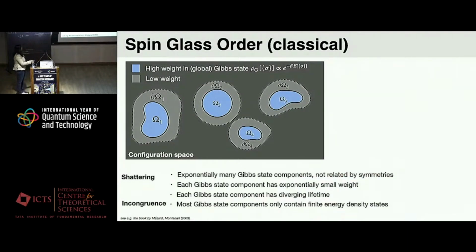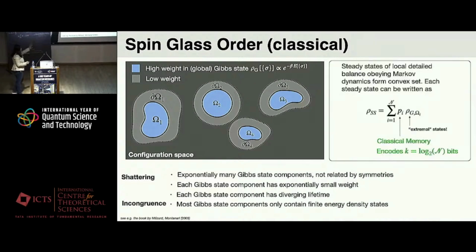You want to say that you have exponentially many Gibbs state components, which are these bottlenecked subsets of configuration space, which are not going to be related to each other by symmetries. You want to demand that every single Gibbs state component has exponentially small weight and diverging lifetime. And there's this feature called incongruence, borrowing some terminology from Hughes and Fisher, which says that most of these Gibbs state components only contain finite energy density states, and in fact, they don't locally look like ground states anywhere in the system. So given this, the other thing you can show is that steady states of local detail